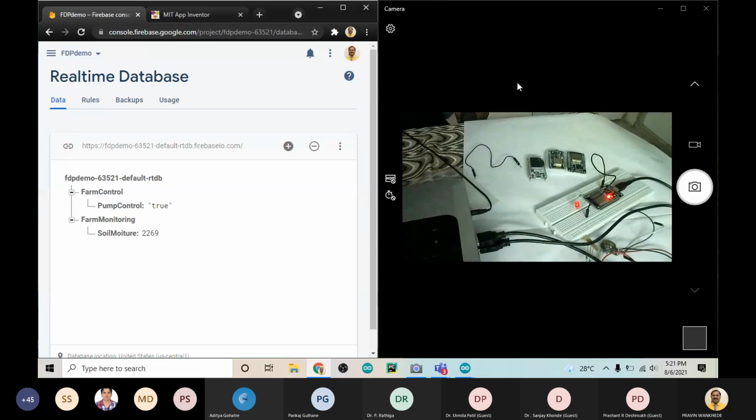I just request all of you, do not use such type of methods for critical applications where the timing criteria is very tight, just like medical or health related, where certain actions we have to take. Don't use this, because there is a lag, though Firebase gives you very little lag.